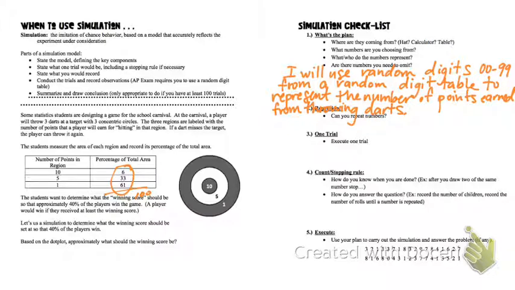The next thing I need to say is I've said what they represent, but now I need to assign certain numbers to numbers of points. So if we go back to the chart, percentage of total area, there needs to be 6 numbers that represent getting 10 points. Typically, I start from the bottom and I go to the top. So I would say 00 through 05 would be. Now you could choose like 1, 5, 7, 10, 13, and 17, but I wouldn't do that to yourself because that would just be confusing. So I will normally go in order. So I'll say 00 through 05